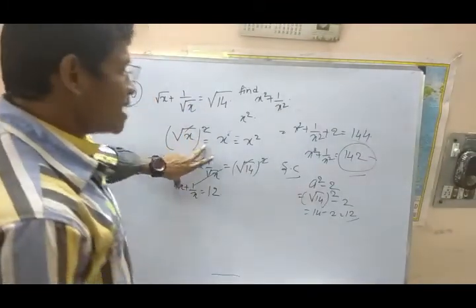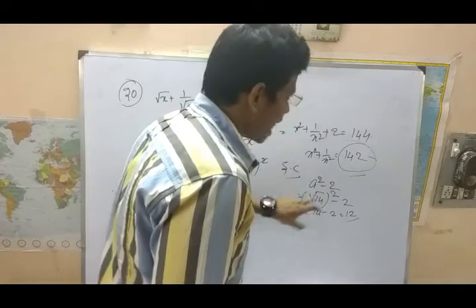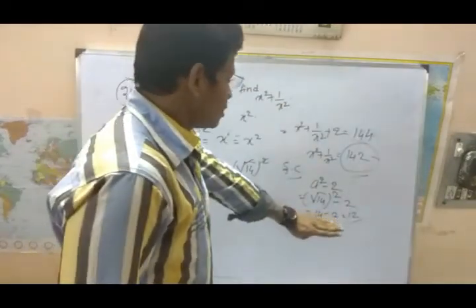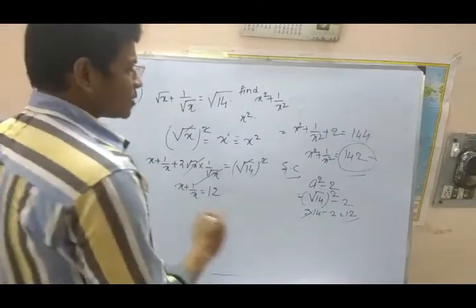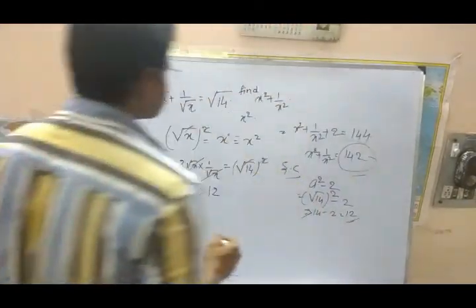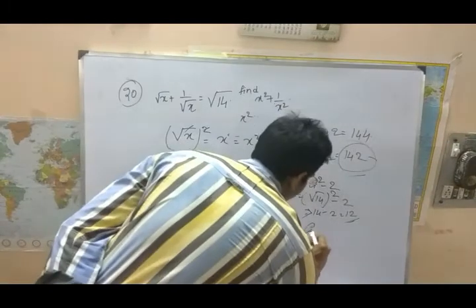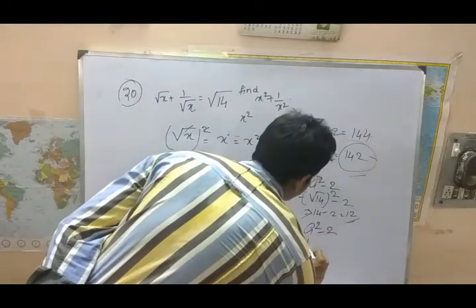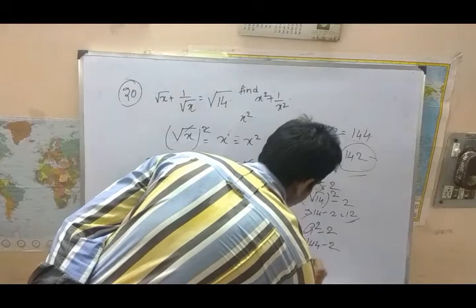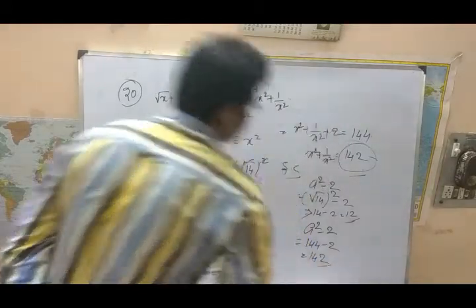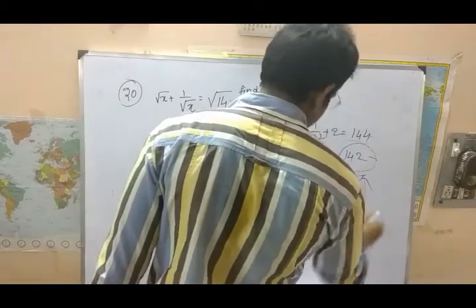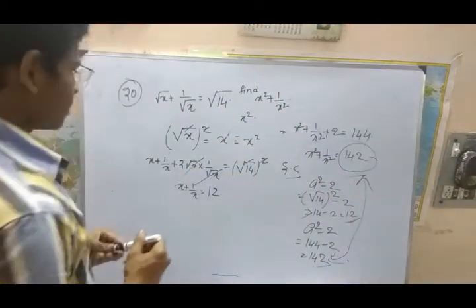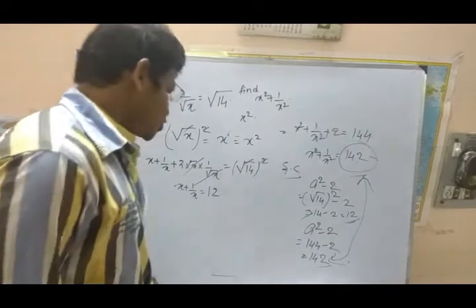See, I can make a mistake in the basic method, but in the shortcut it is very easy. I didn't make a mistake till now, so that means the shortcut is comfortable for every student. So 12. Again we need to apply a square minus 2. What is a square? 144 minus 2 is equal to 142. So we got the answer. The same thing. Students, you got my point.